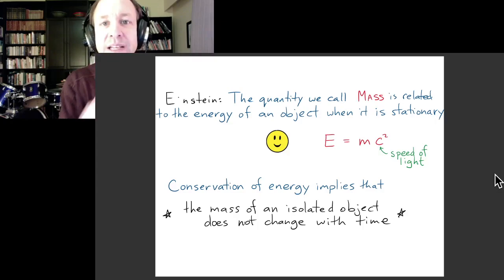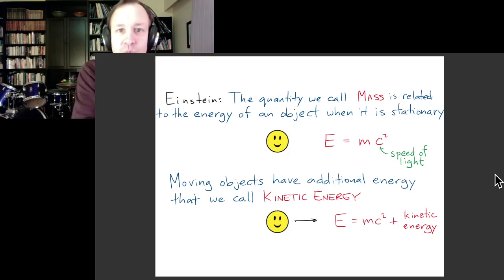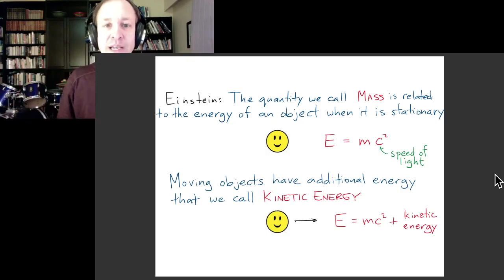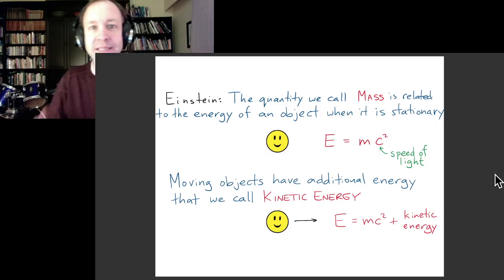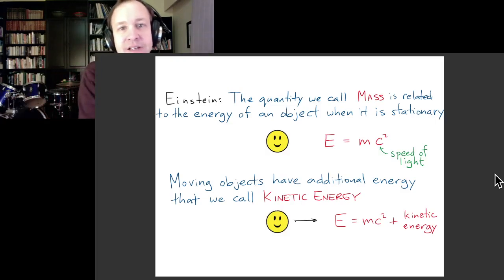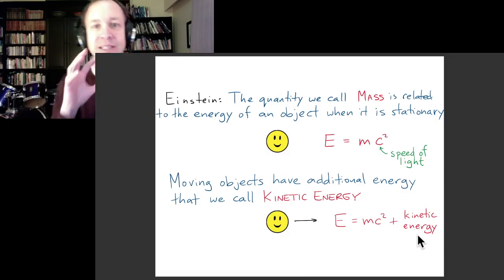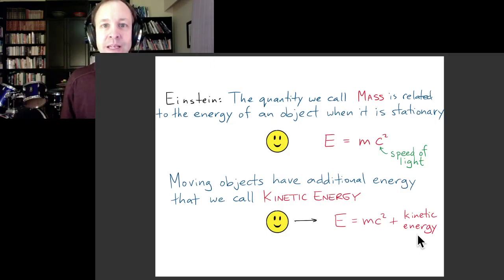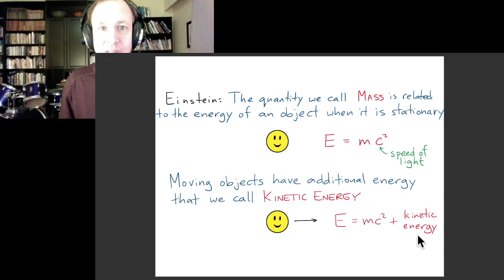We know that objects can be moving or rotating as well, and it turns out that when you have a moving or rotating object, the total energy of that object can be understood as this mass energy that we just talked about, plus some extra contributions. The energy from the object's motion is usually called the kinetic energy of the object. If the object is also rotating, then it could have what we'd call rotational kinetic energy. So that's basically all you need to know about energy in the context of these isolated objects in outer space in these very simple environments.